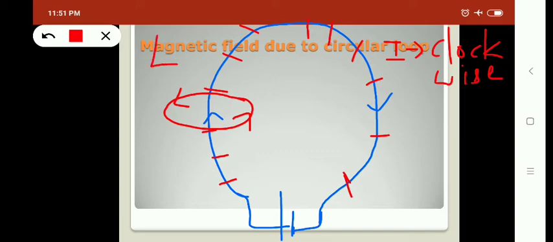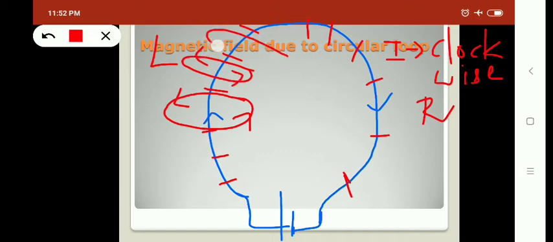And if we consider any segment on this side of the circular coil, let this be our left hand side of the circular coil and let this be our right hand side. If we consider any segment on the left side, what will be the direction of current through that segment? Is it upward or downward? Yes, the current will be flowing in the upward direction through all the segments on the left hand side of the circular coil. So what will be the direction of the magnetic field lines around each segment? Yes, it will be